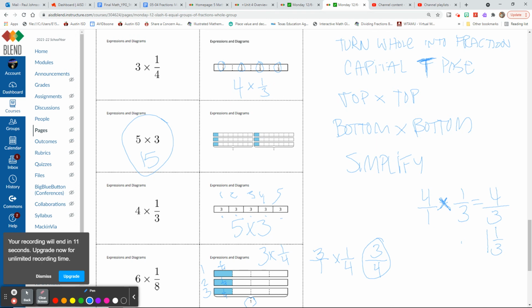All right, and then finally 6 times 1/8. As you can see right here, there is 6 groups of 1/8, and I'm running out of time. So try